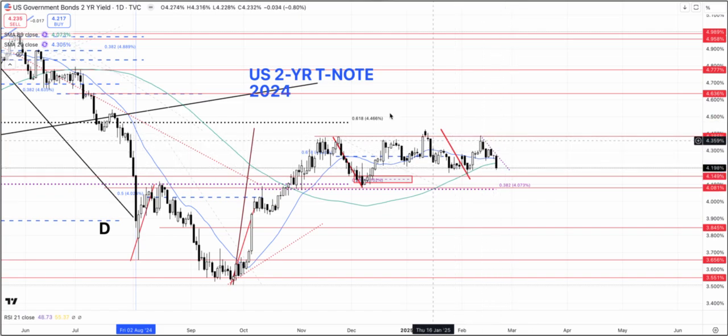Here we go, and what we are now looking at is basically this kind of a triangle pattern, and we could see if it breaks to the downside, yields could actually move further lower on the 2-year note, perhaps to around 4.07%. That is also possible, and you can see there's a fair amount of resistance around the 4.385% level, just below the 61.8% retracement, and the market has been range bound for quite some time, since November of 2024.